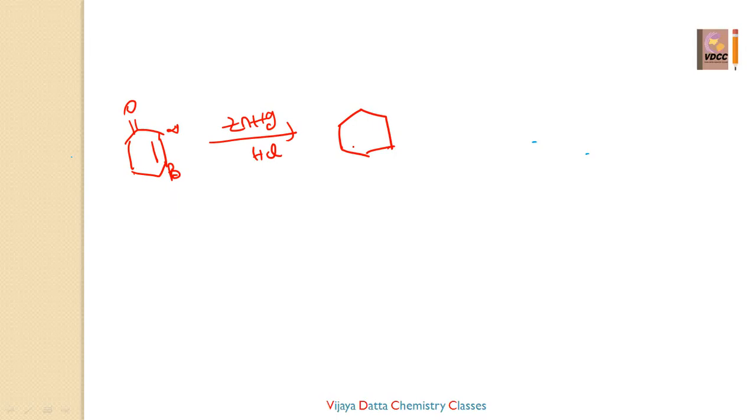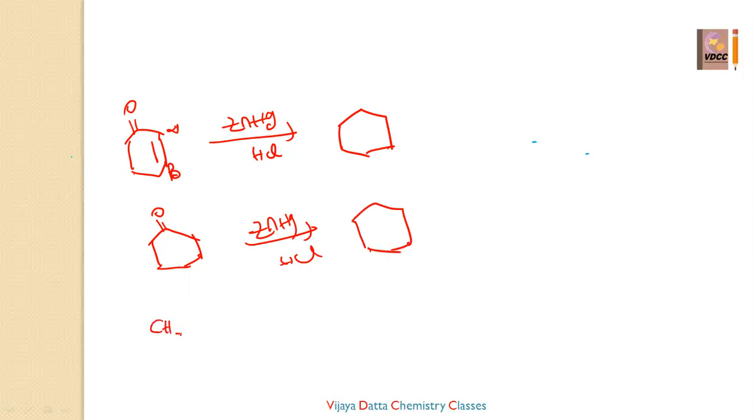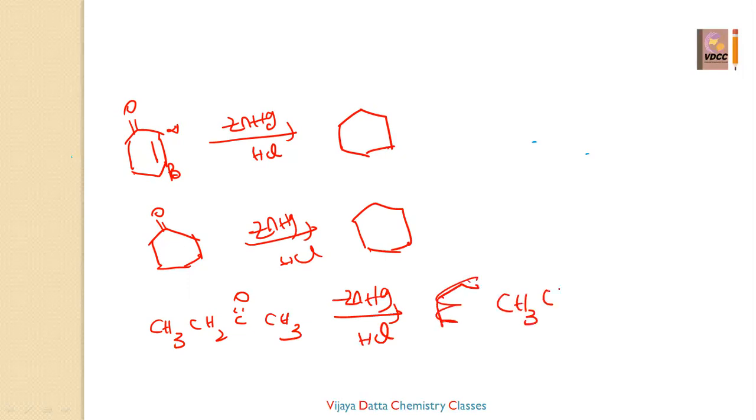And also we can take some other examples. Suppose they have given you a cyclohexanone with zinc amalgam in presence of HCl, then simply it is converted to cyclohexane. Suppose they have taken CH3-CH2-CO-CH3 with zinc amalgam in presence of HCl, then the reaction takes place just like that: the CO converts into CH2, giving CH3-CH2-CH2-CH3. This is called Clemmensen's reduction. Reduction is nothing but removing the oxygen from the carbonyl compound and adding the hydrogens. Okay students, this is Clemmensen's reduction.